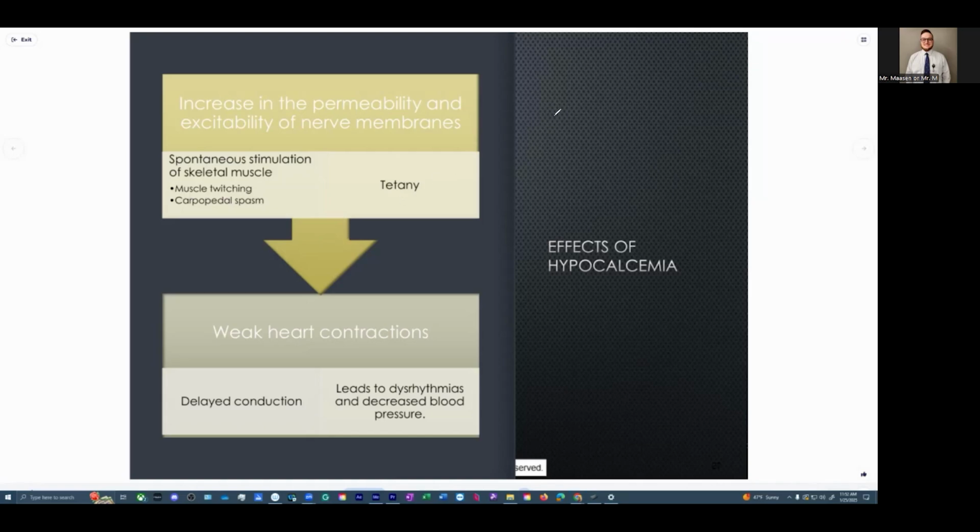Okay. So basically, how it works, if you imagine muscle cells, they like calcium on the inside. When I have low calcium in the bloodstream, remember our principles of diffusion and concentration here. If the blood level of calcium is low, right,